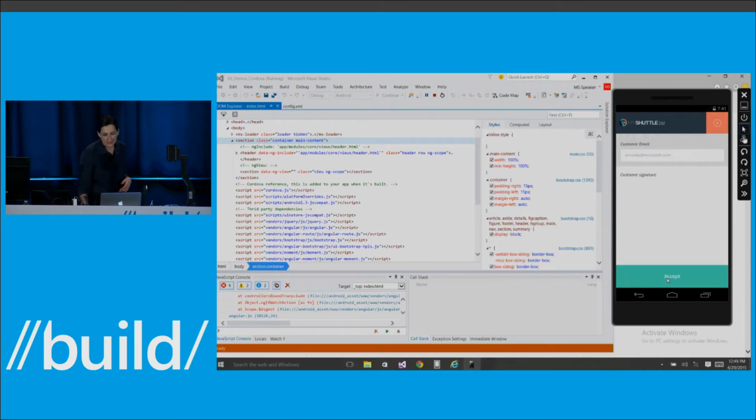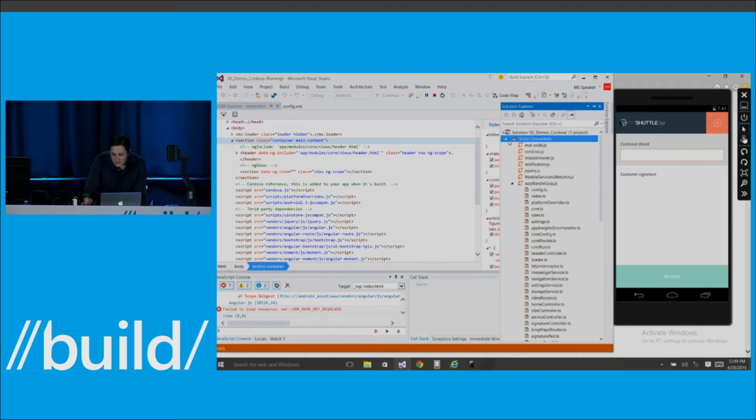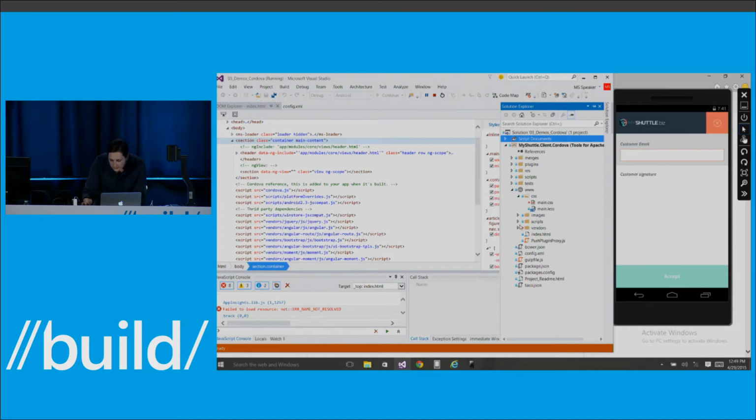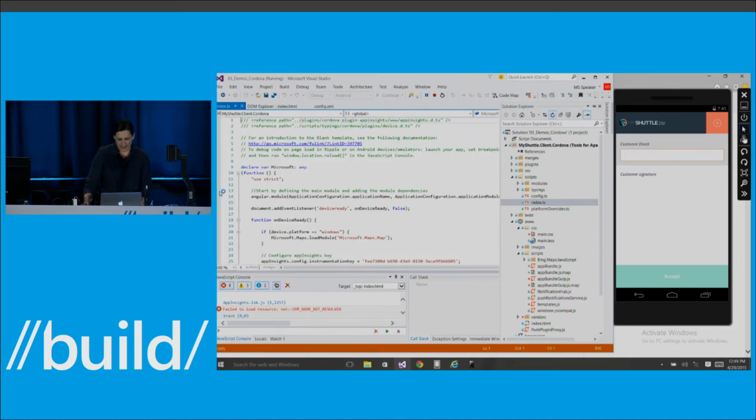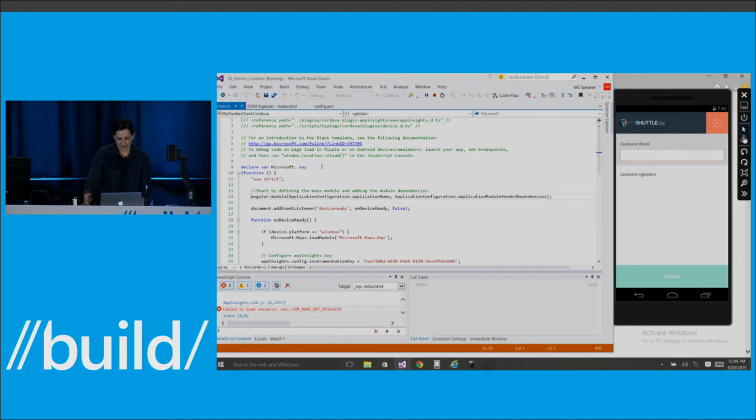And I think I forgot to set a breakpoint on this machine, but if we go ahead and go to the Solution Explorer, if I go into the scripts, let's see. Well, let's skip setting a breakpoint for now.